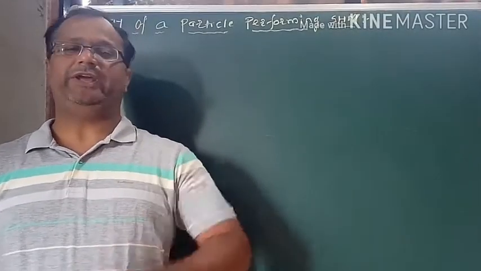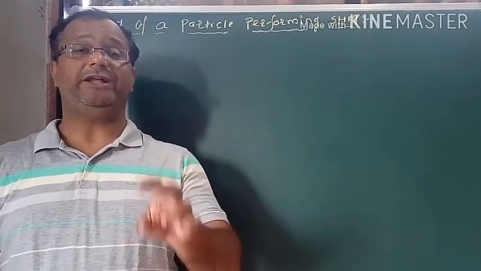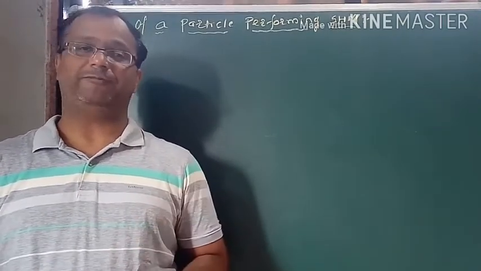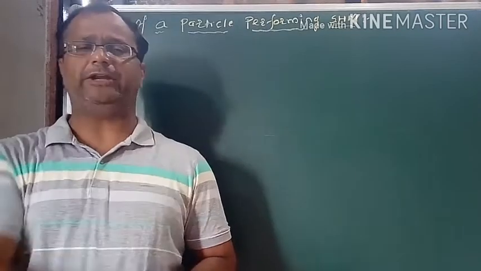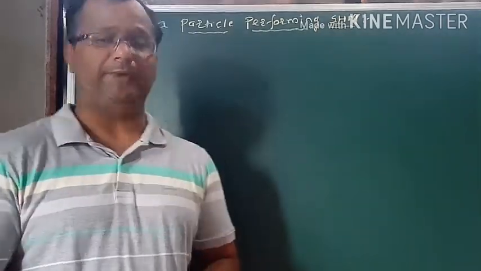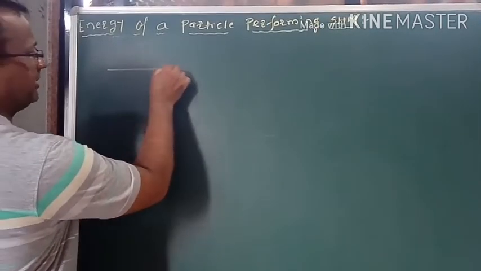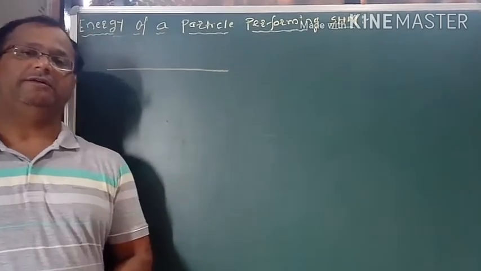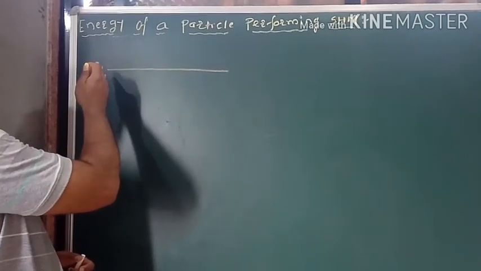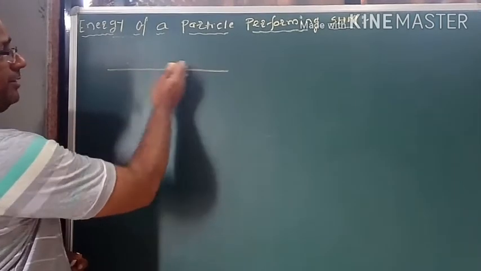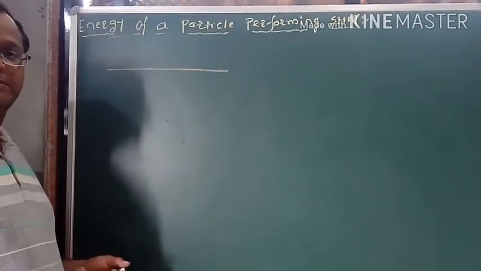Oscillations. Today we have to derive the expression of energy of a particle when performing simple harmonic motion. But for that, you should know the meaning of simple harmonic motion. Simple harmonic motion is nothing but the to and fro motion. Suppose we consider this to be a straight line path, then the particle which performs the to and fro motion